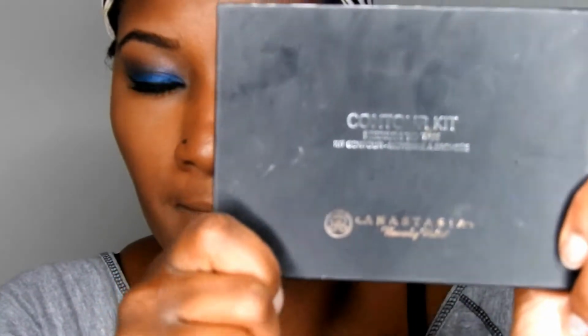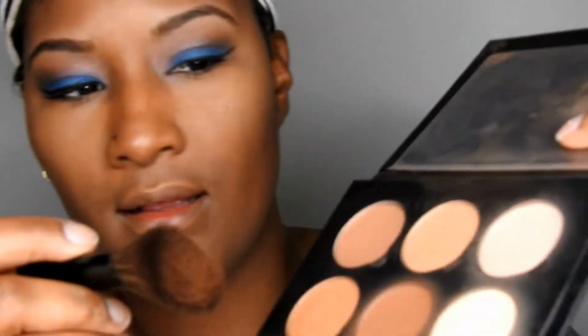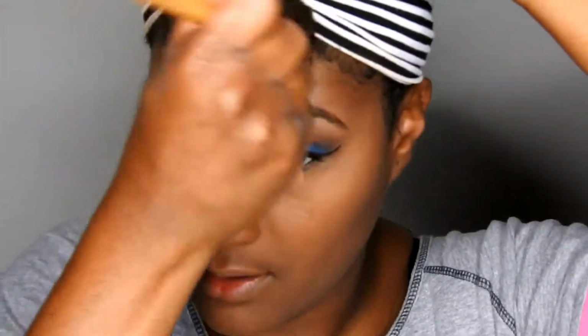Now for some more fun stuff. Contouring. I use the Anastasia Beverly Hills contour kit, the medium to tan. And it has awesome colors. I got the wrong one the first time. I got the lighter one, not knowing the difference when I first started off. But basically, I dip it in this one, the darker color. Whichever one is the darker color, and I go